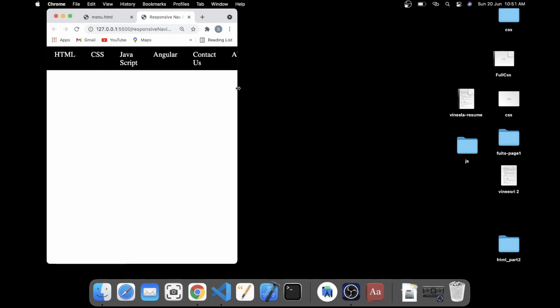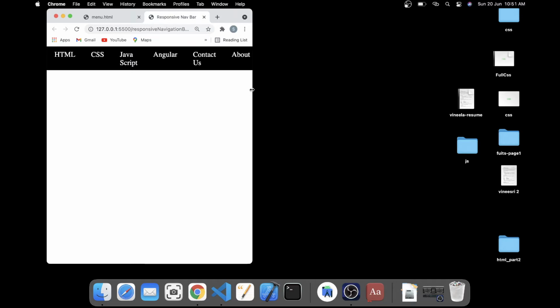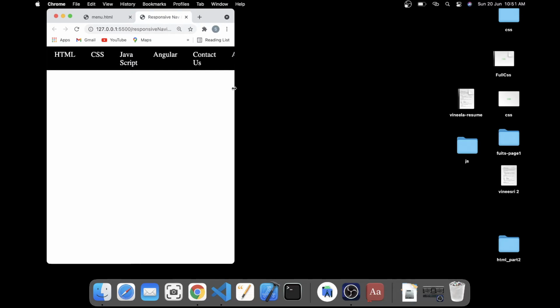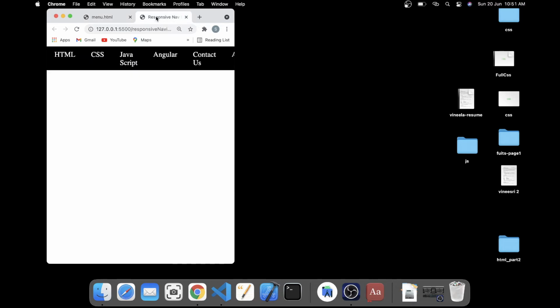See, once I reach a smaller window, a small resize, the items should not come side by side. So if you see the example here, it should come like this. Currently it is coming side by side because the parent has display flex. If I remove display flex from the parent, everything will come one below the other automatically.